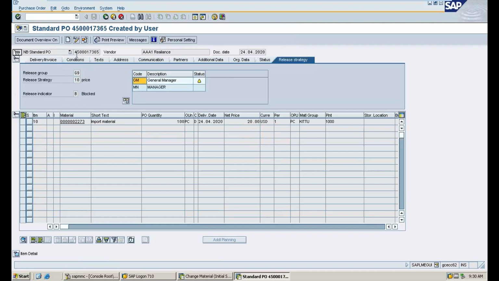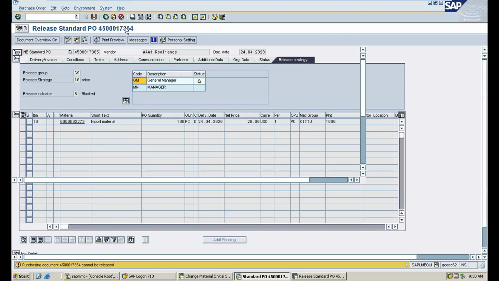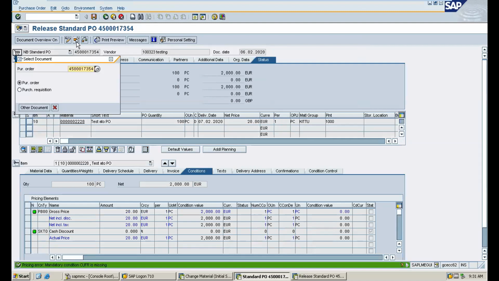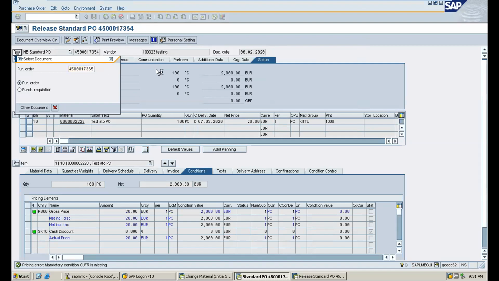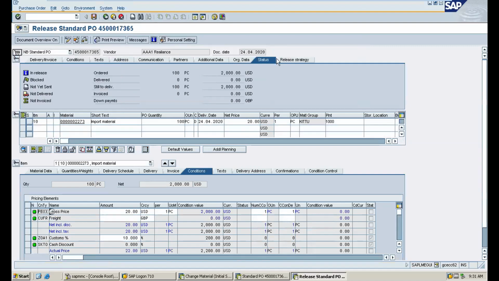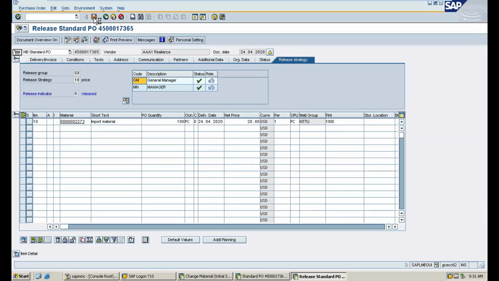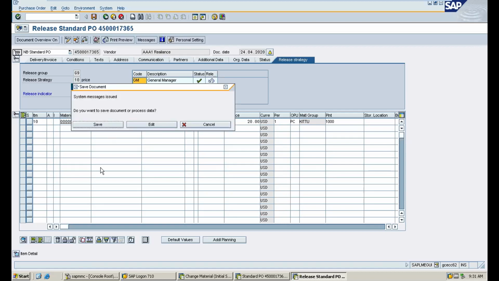Now try to release the PO, and after that we'll perform the remaining activities. Go to ME29N, the purchase order.